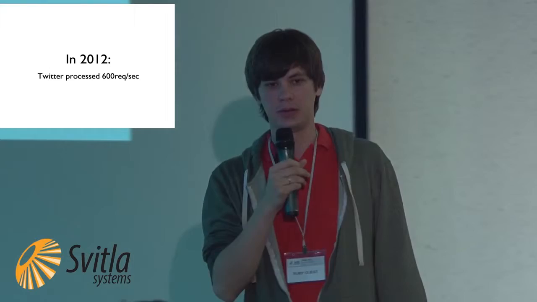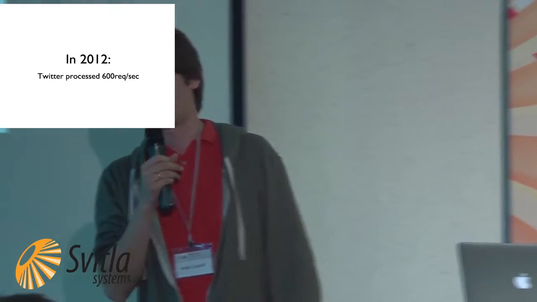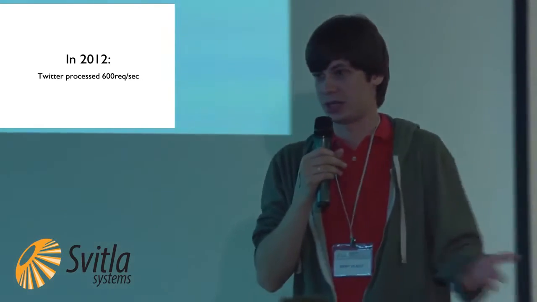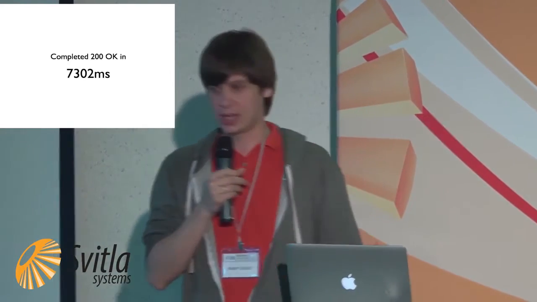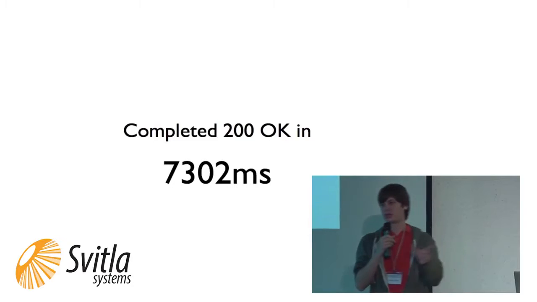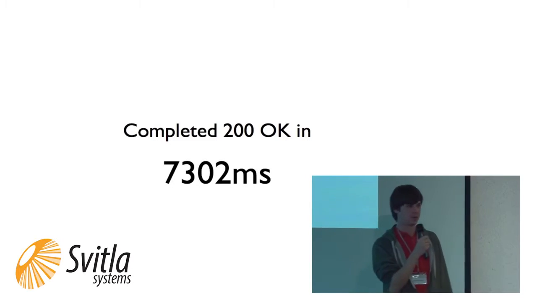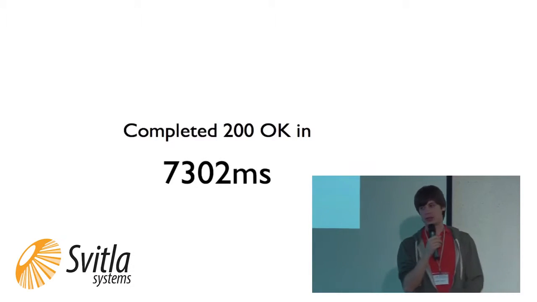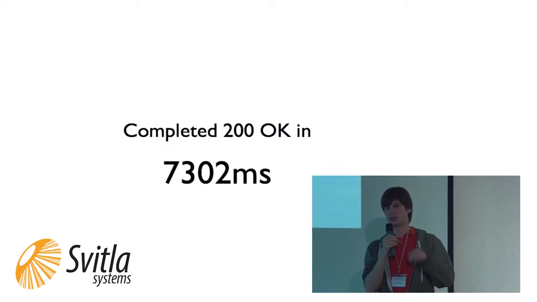In 2012, Twitter was processing 600 requests per second. And we have 100 objects per second as well. What's the big difference? Is that easy? Yeah, it's easy. Okay, 7 seconds. We just created a usual Rails application with one route, postings, create, and so on, with one controller, with Active Record, with ActionController::Base, and we were using Rubyc